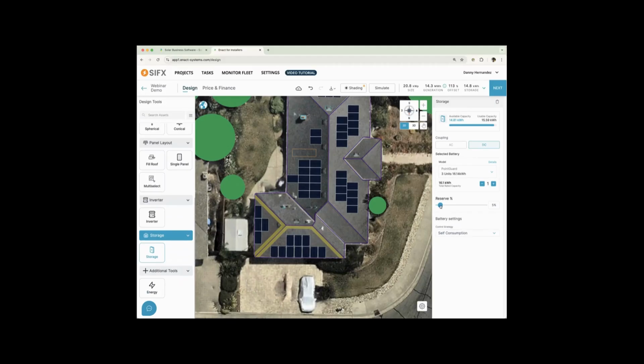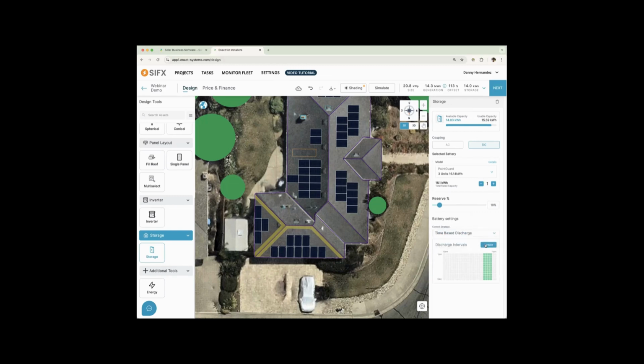In this case, I am saying that the battery won't drain past, say, 10%. So there's a 10% reserve, which will lower the usable capacity. So if I set it to 0, you'll notice that the usable capacity increases. But we don't ever really want to drain the battery to 0. I can also do a time-based discharge,